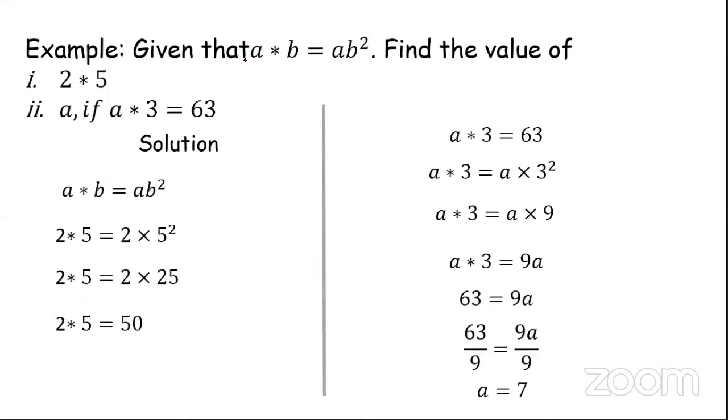Okay, let us go through this one here. So we're given that A star B is equal to A times B squared. So find the values of 2 star 5 and